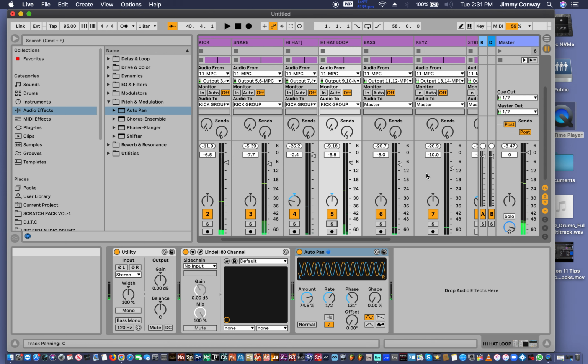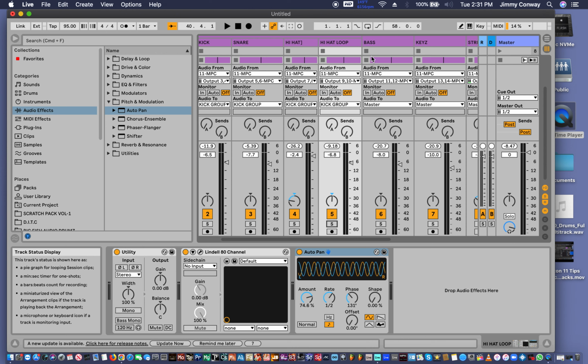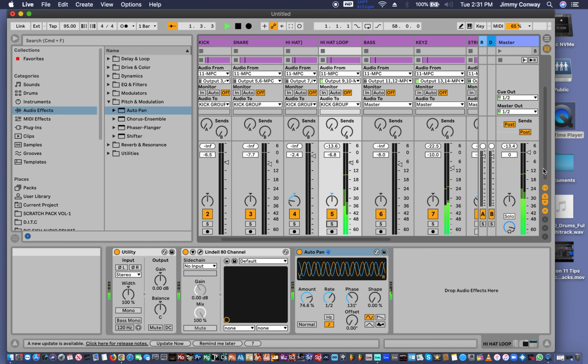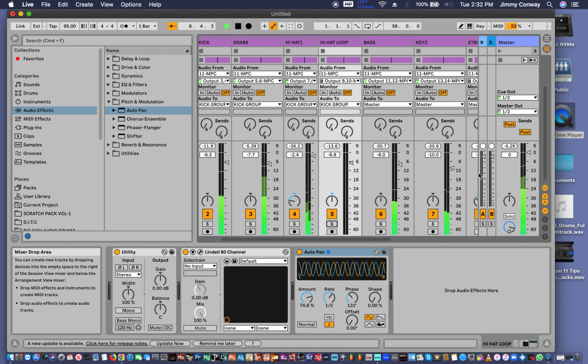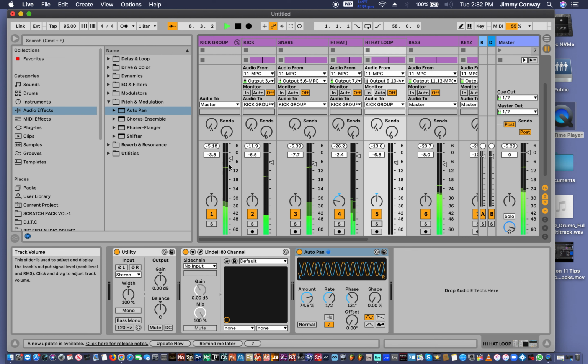Now with the keys, I could add like a lo-fi effect, whatever lo-fi effect you feel like adding. Let's listen to the track. All right, so we're close to 6. I'm pretty sure if I drop the drum bus down a little bit, or better yet,